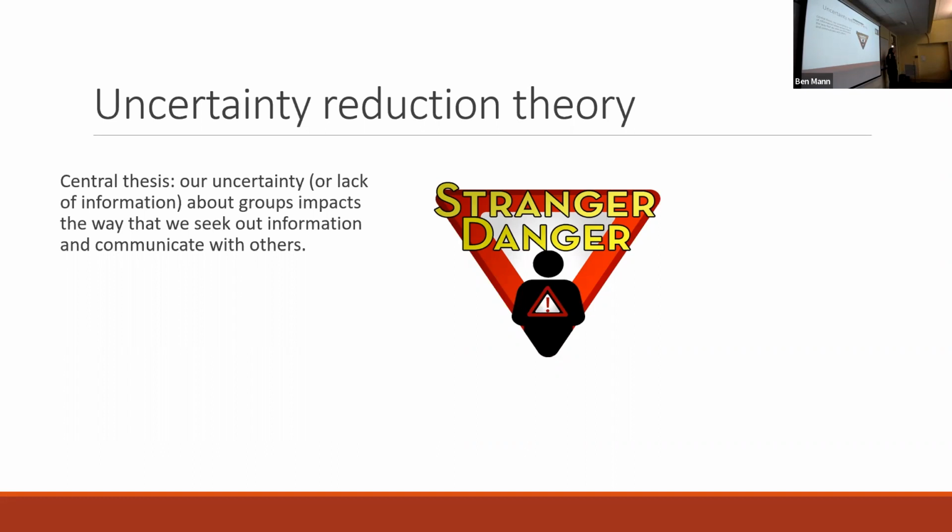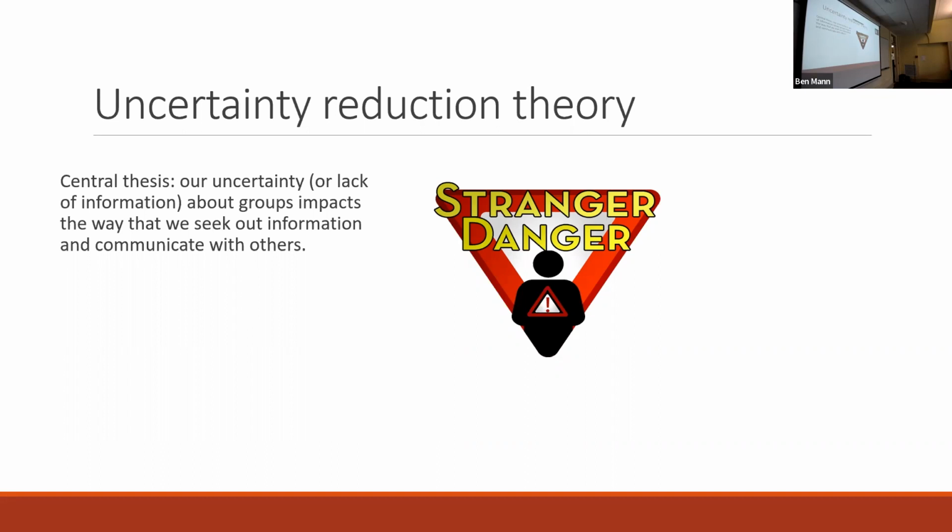The key idea of URT is the idea that we experience uncertainty in our communication and in our relationships with other people, right? We can think about an easy example of this being the idea of stranger danger. As young children, we're taught, don't talk to strangers, right? Don't talk to or get to know people that aren't safe, that you don't know, right? And we're taught this as a way of keeping ourselves okay, right? We don't want to get to know and talk to somebody that could be dangerous.